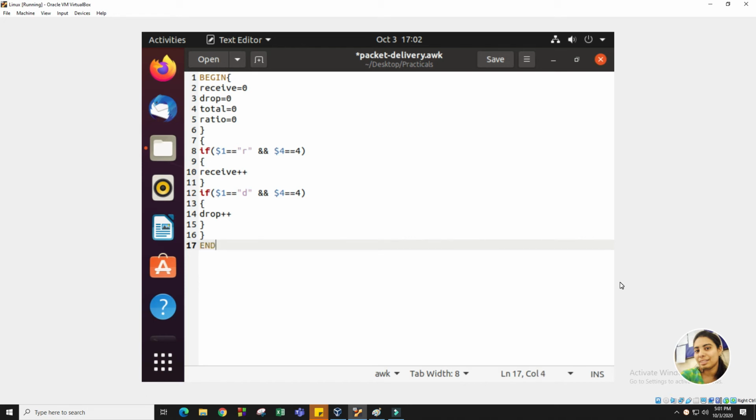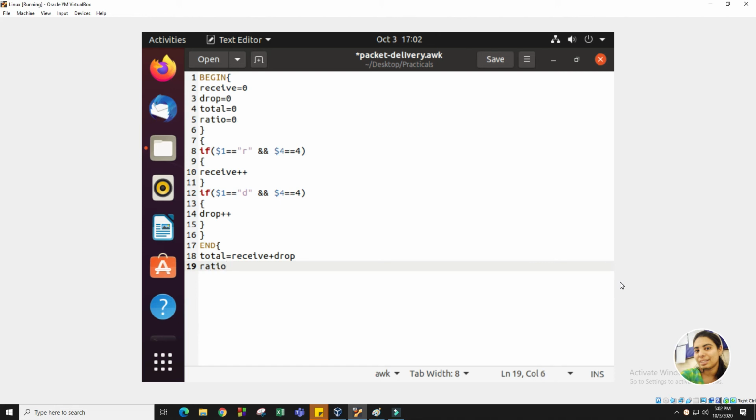Now the third part, that is the END part. In the END part we will do the calculation. First of all, we require the total number of packets. For calculating total, we add receive plus drop. After calculating the total number, the next step is the ratio part.